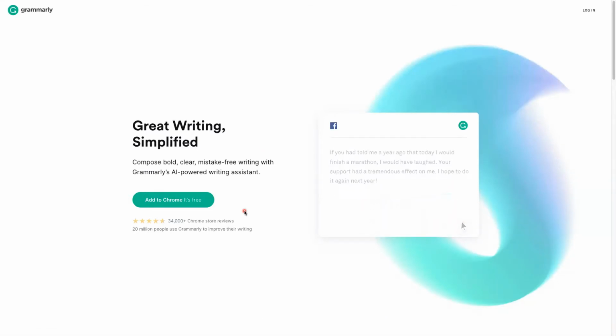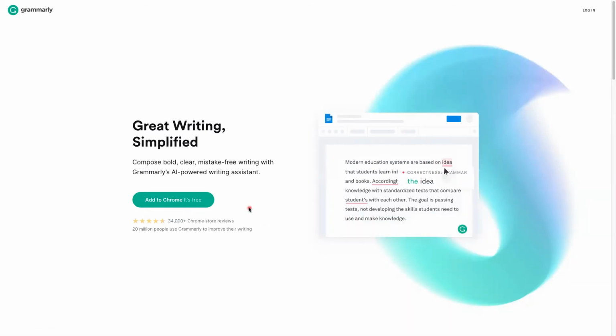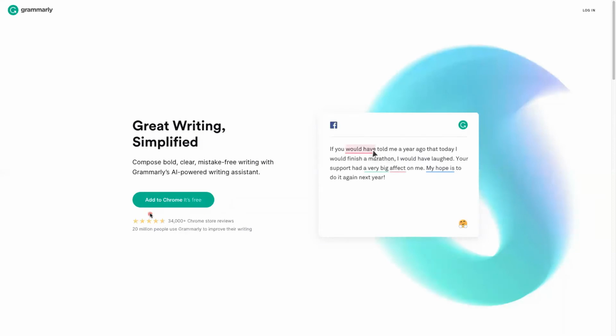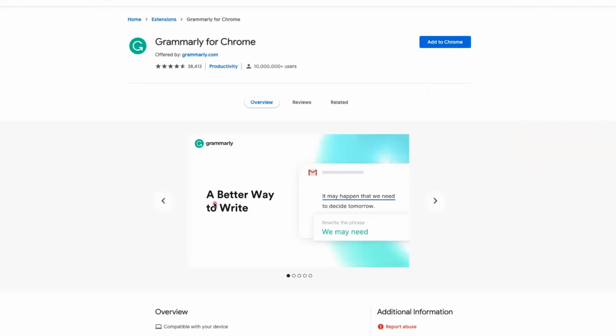Now, I am using Chrome today, but this download page may look different depending on the browser you're using. So I see Add to Chrome, but this might look different on a Safari or a Firefox browser. In any case, you'll want to click this green download button, which will then prompt you to add it to